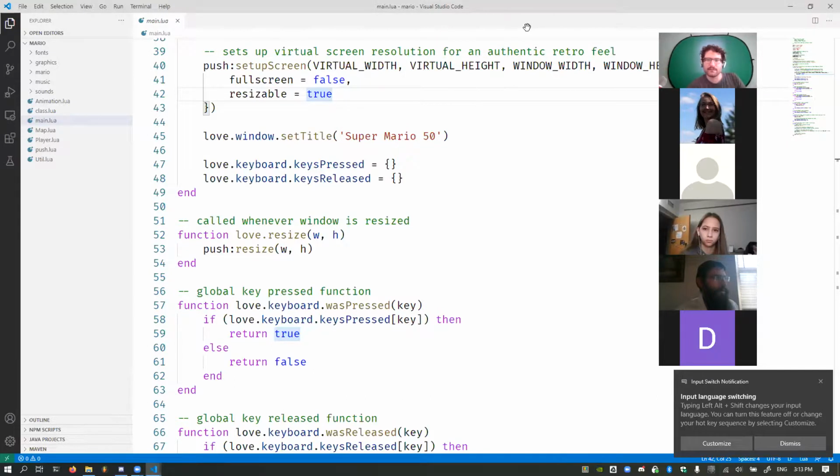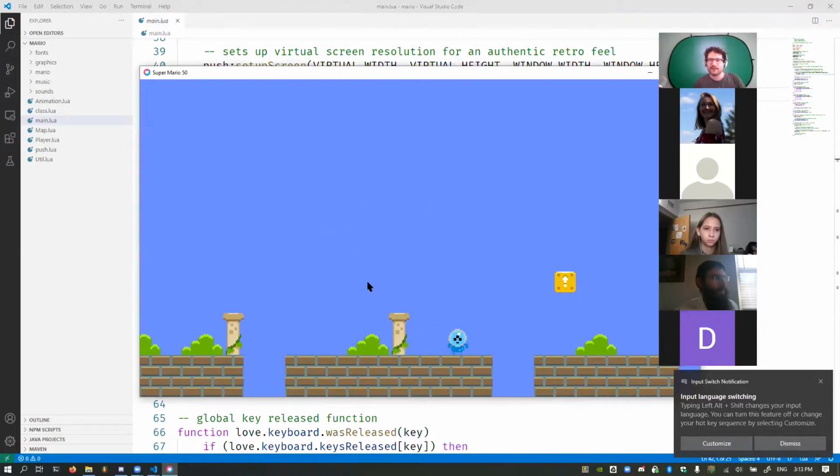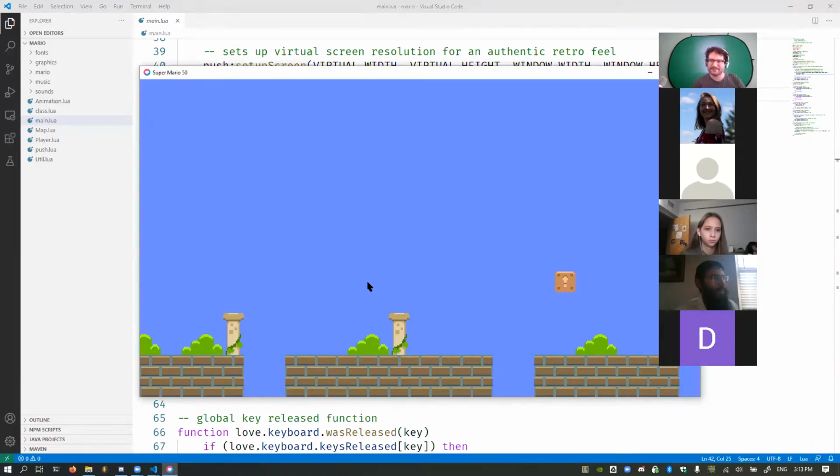Alt L. So here I'm running it again, and you notice that the level is different. And you've got our blocks. We can hit the block and it changes. And we don't have a death function yet. So if I fall in, this game is a bit more incomplete, but the physics behind it, this is what you build up to for Mario.